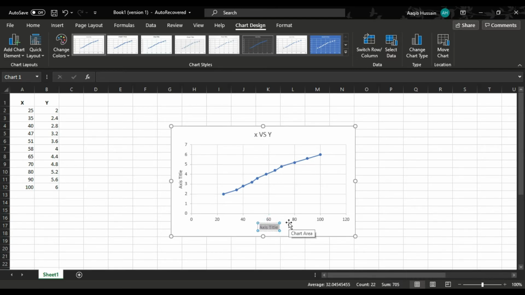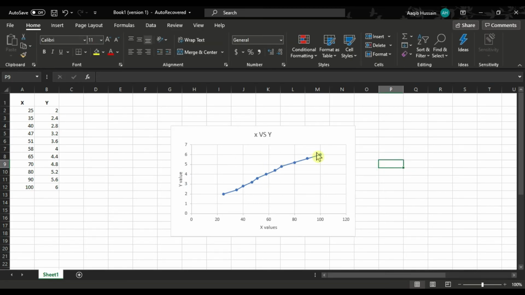Similarly, select and rename the axis title. I'm writing x values here, but you can write any title that is suitable for your graph. And now for the y, double click, select, press Ctrl A to select all the text, and then rename it. So this graph has been made.